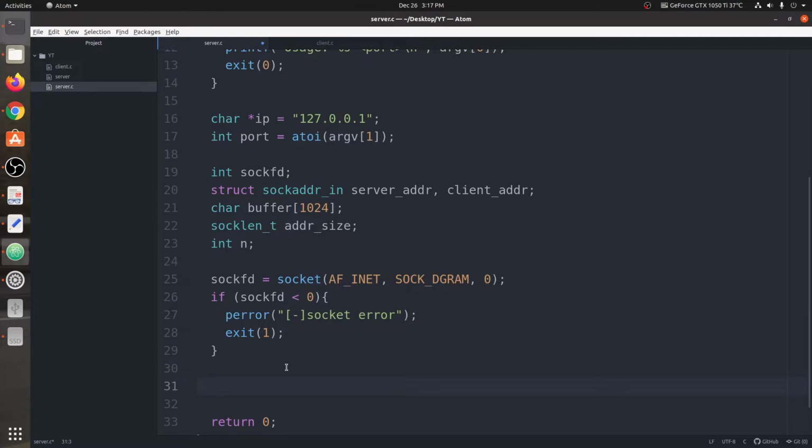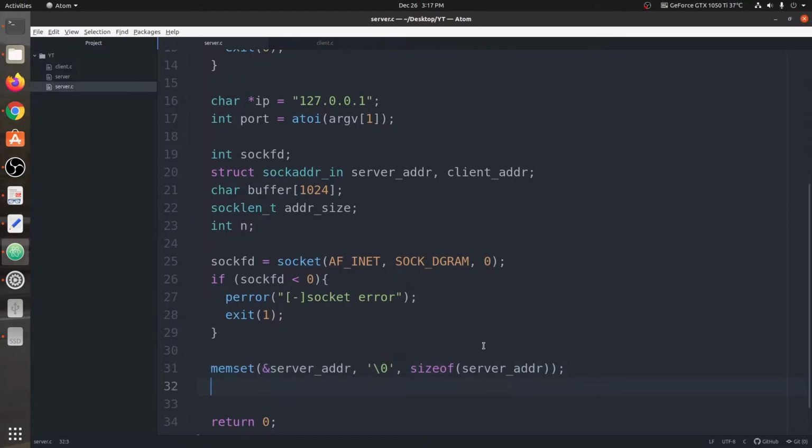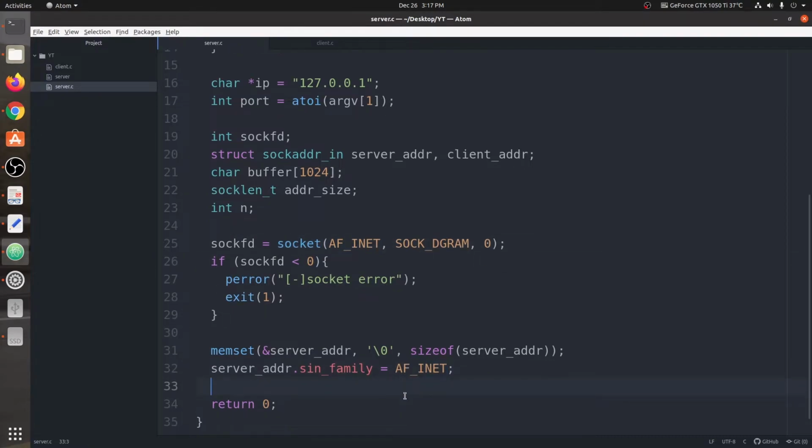Next, we need to set some values inside this server_addr. Okay, before that, I'm going to use this memset function. Okay, and after that we need to fill some values inside this. So first of all is going to be the family. Okay, so we can say server_addr.sin_family. So AF_INET is basically the family, which you have defined also in line number 25, inside the socket function, and same we're going to define it here.